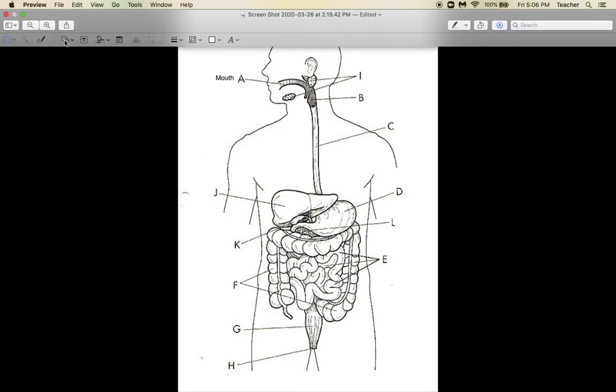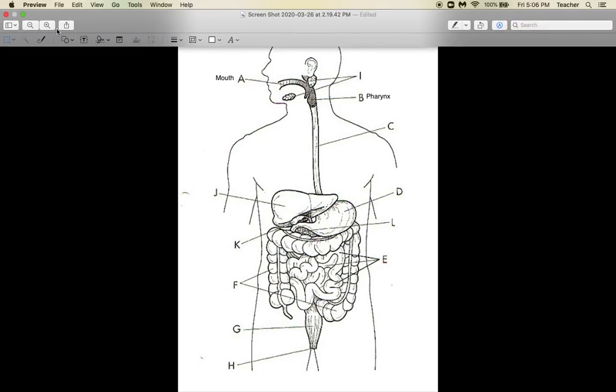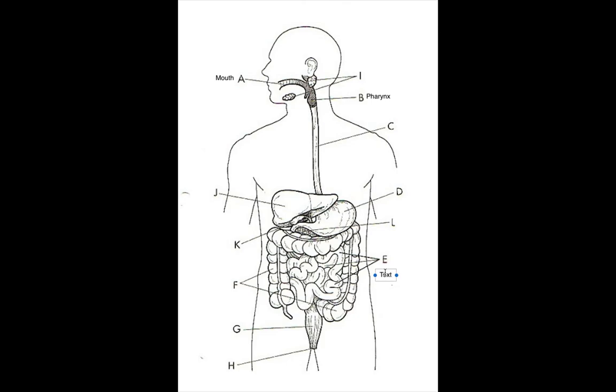B is going to be the pharynx. Think about the swallowing mechanism and what role the pharynx plays. That is the pharynx. Remember, this is where the food goes before it hits the esophagus. So C is going to be the esophagus. Remember, this is just the tube or passageway